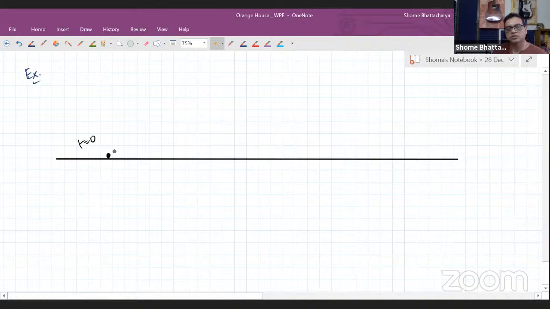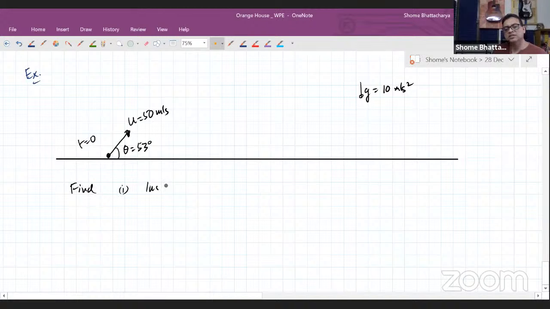At t equal to 0, a projectile is fired at a speed of 50 meters per second at an angle of 53 degrees with respect to the horizontal. The acceleration due to gravity is 10 meters per second square. So we have to find out